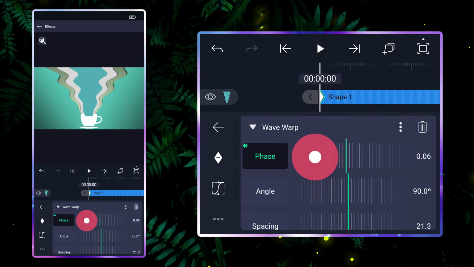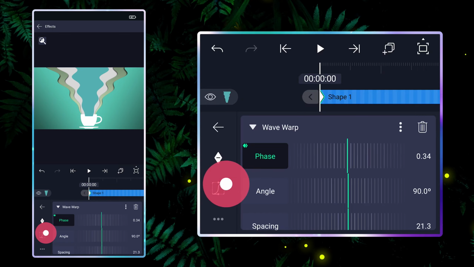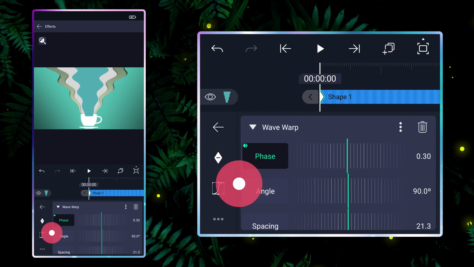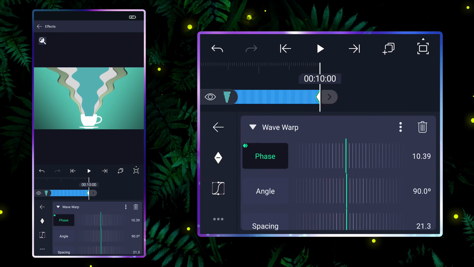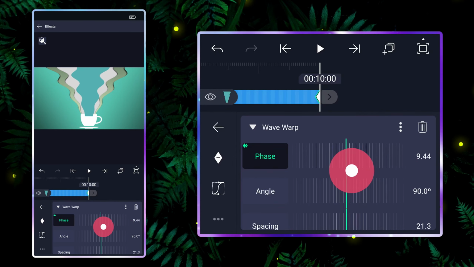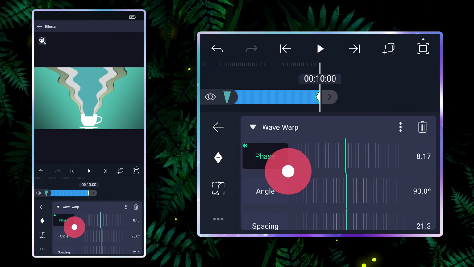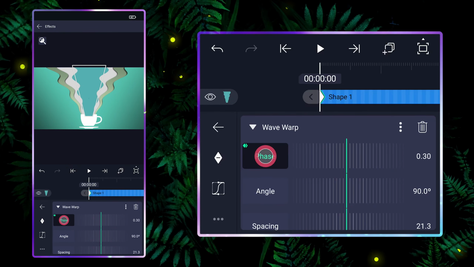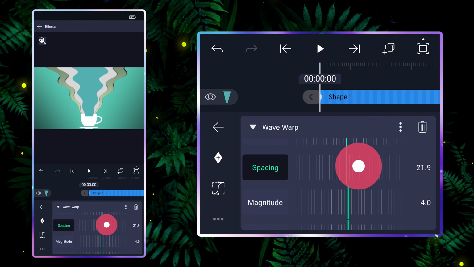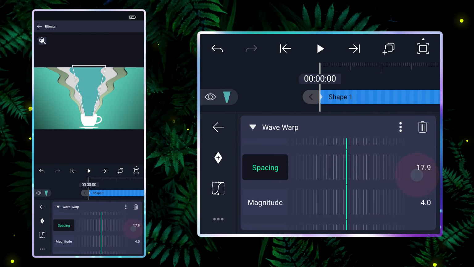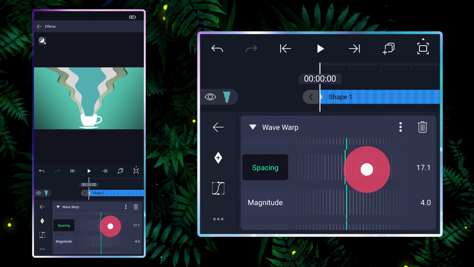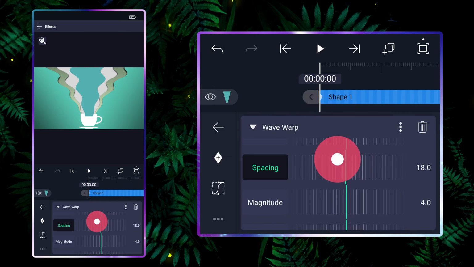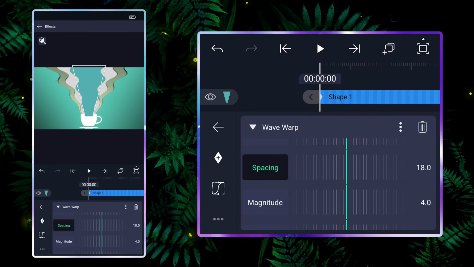Adjust the values. Most of the process will be the same as the previous wave layer.